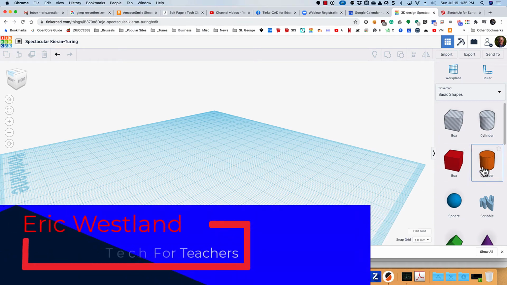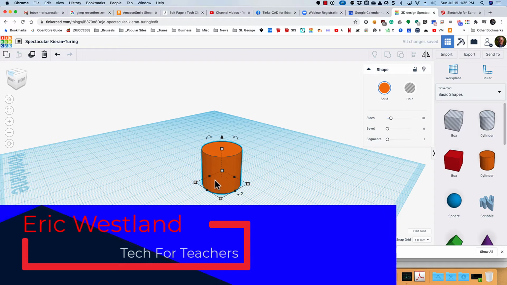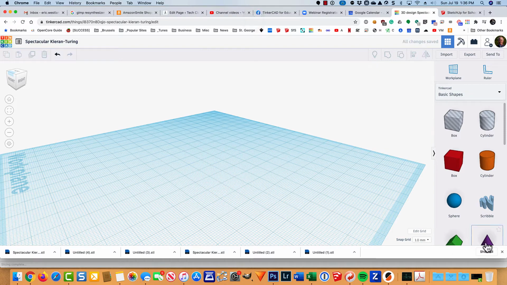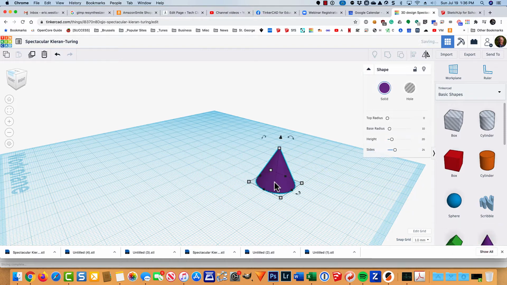Okay, if I understand your question correctly, what you want to do is take a cylinder and taper it, that is, scale this top circular face. And in Tinkercad, you can't do that. However, since basically what you're asking for is a truncated cone,